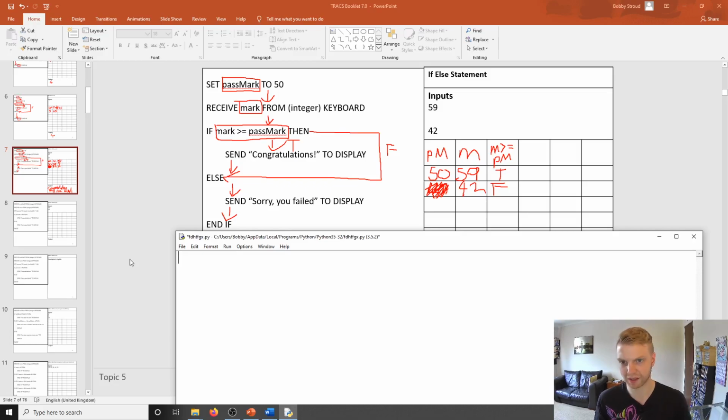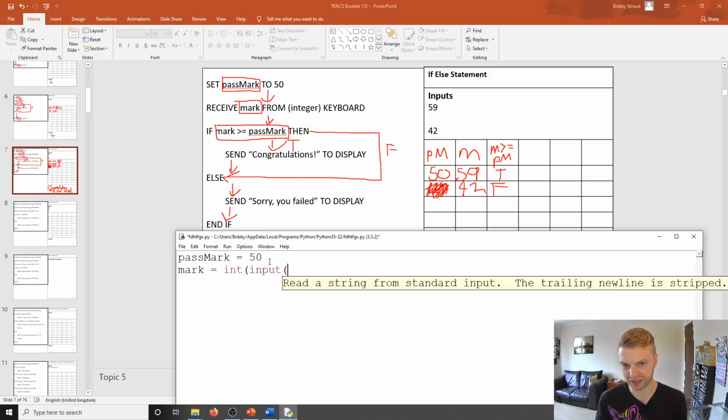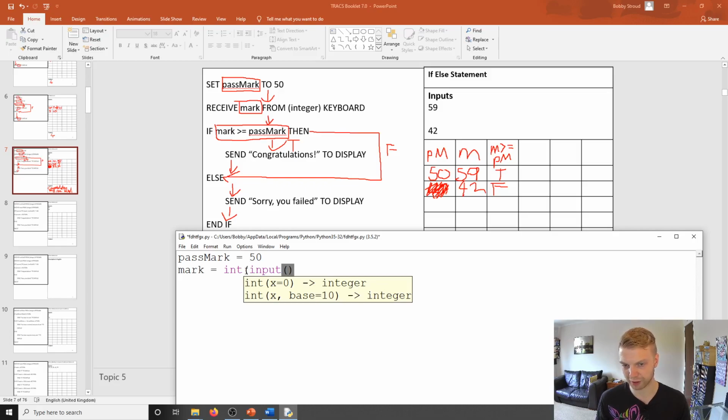I'll get rid of that. So let's go pass mark is equal to 50. Receive mark from integer keyboard, so it's the same as asking for a number. So we're going to write mark equals int. Remember, you've got to write int to make it a number. If you don't write int, it will just count it as a word, which we don't want. And then you write,